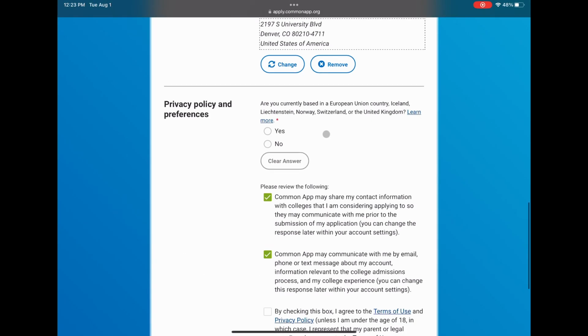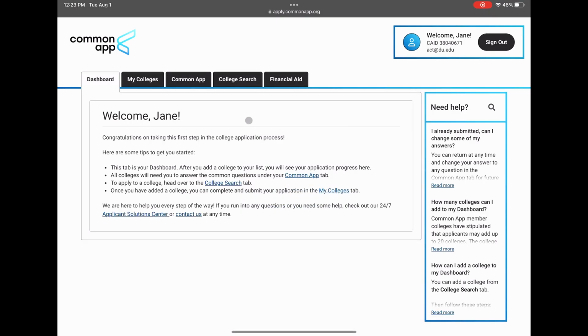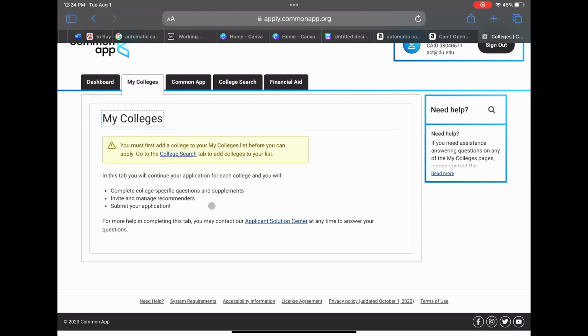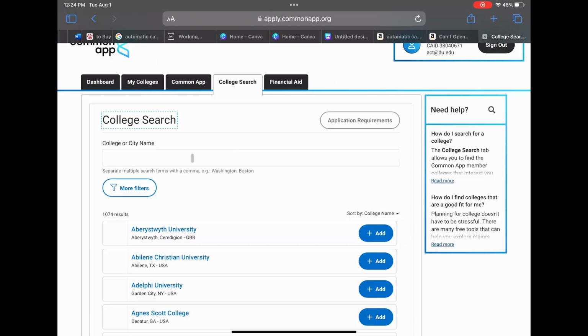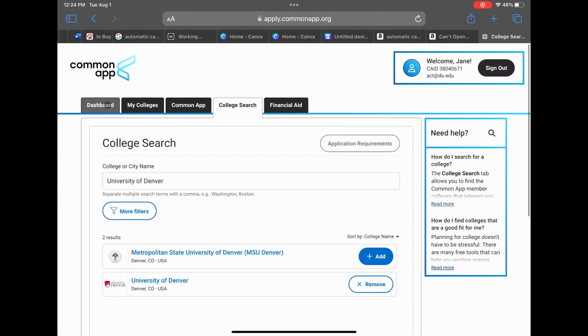You will then be welcomed to your homepage where you can navigate to all of your Common Application tabs. You can start by going to the My Colleges tab. That will then take you to the College Search tab. Through this, you can then type in University of Denver and add us to your colleges. This will bring you back to your dashboard and you can go to the My Colleges tab where you will